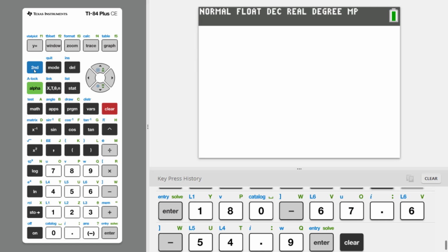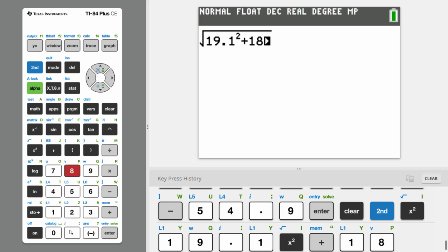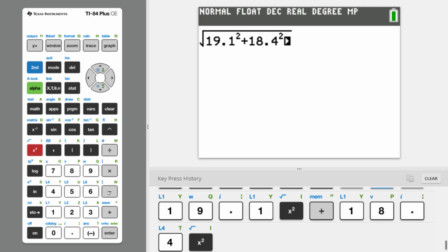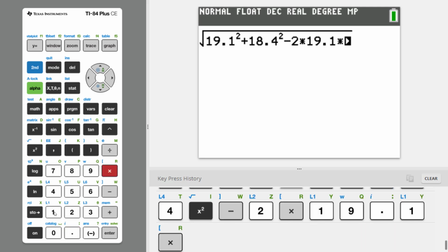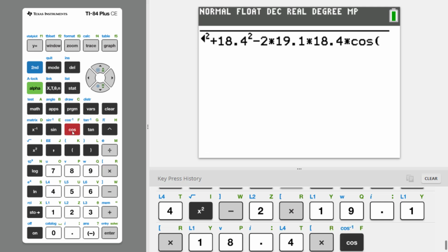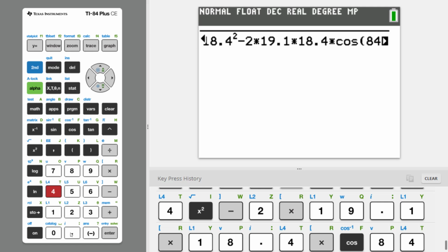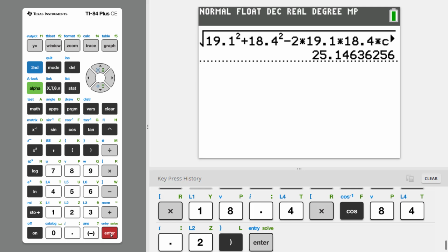So this will be big square root, so a second of x squared. And then on the inside, just typing in each one of those. So 19.1 squared plus, the other one was 18.4 squared minus 2 times those same 2 numbers, 19.1 and 18.4, but also times cosine of the angle, which was 84.2. If I close that off, press enter, it comes up with a